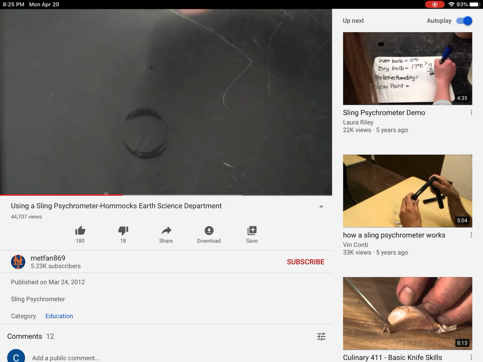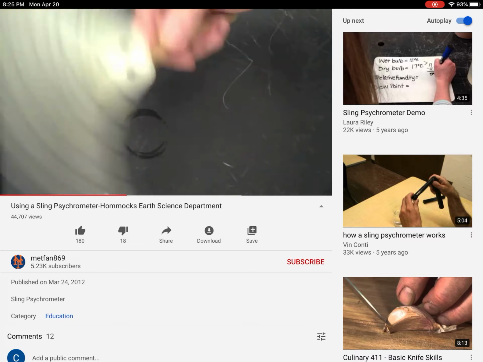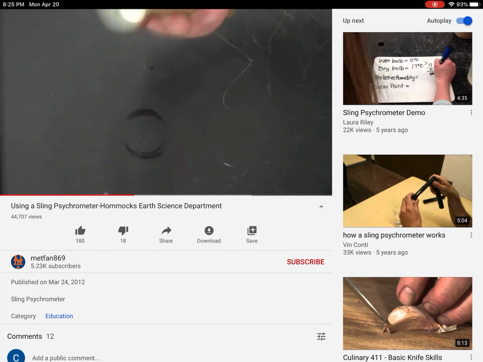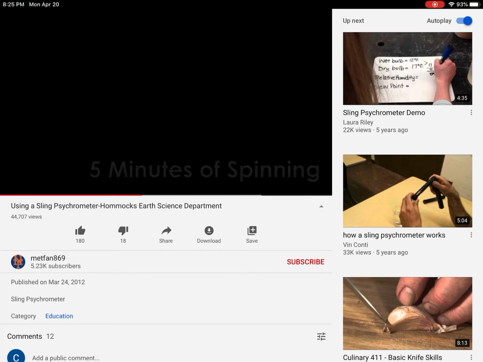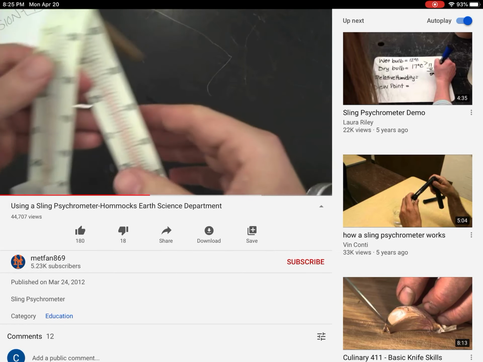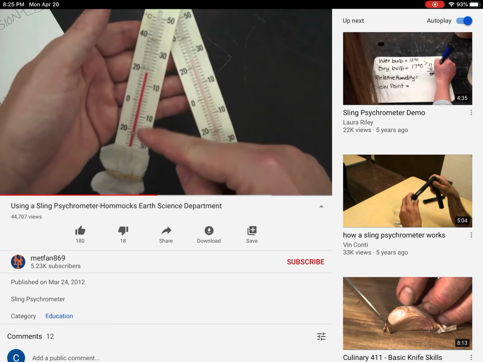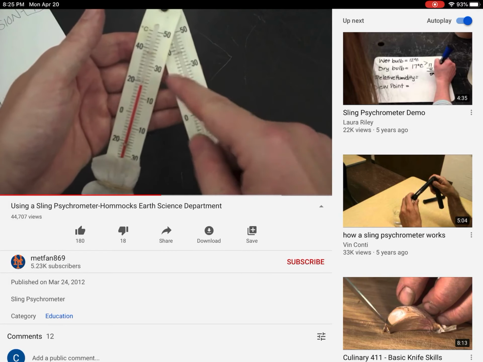Now the spinning increases the wind. Wind ultimately will cause evaporation to happen at a faster rate. The faster evaporation, the more cooling on the wet bulb. Okay, so after spinning for about 5 minutes, our dry bulb and our wet bulb, you can clearly see,